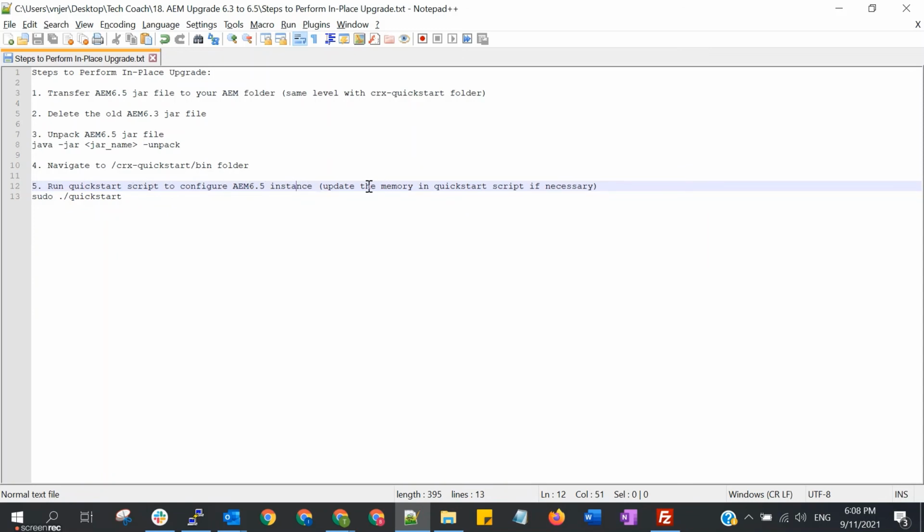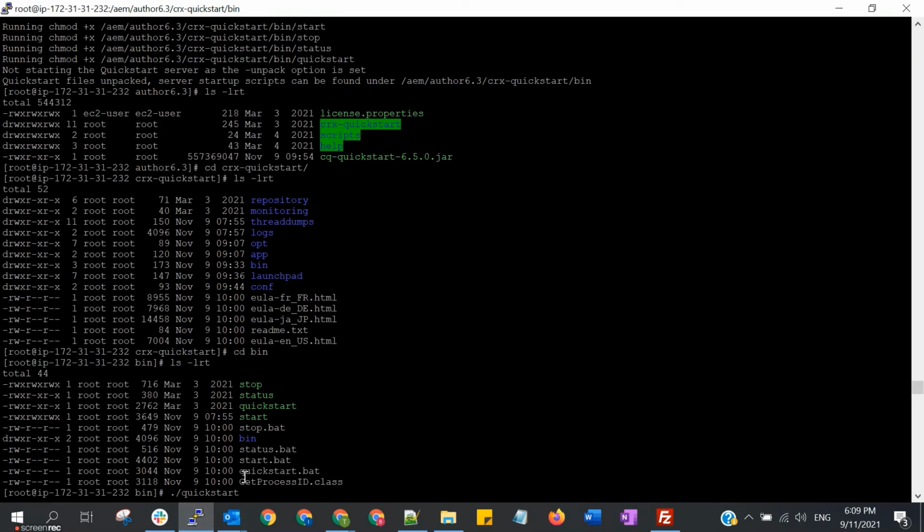We can also increase the memory in this quick start so that it can run faster. The quick start will take some time, and if you increase the memory, of course it will run faster. It also depends on how big the content in your AEM is. The quick start is traversing the nodes, doing the upgrade, and configuring your AEM 6.5. So let's run this quick start script.